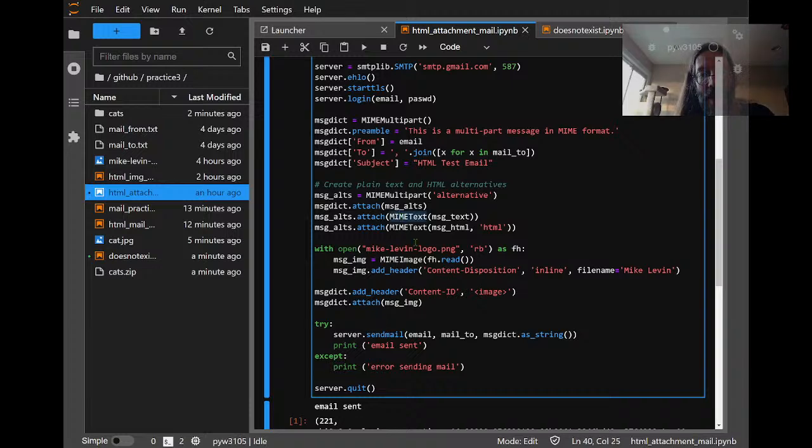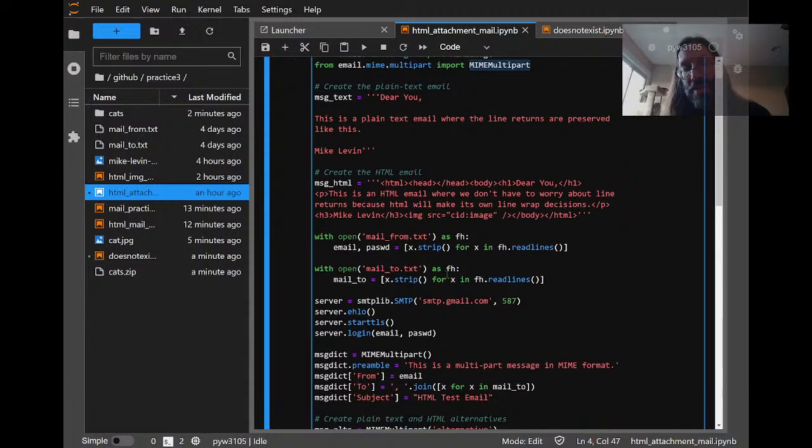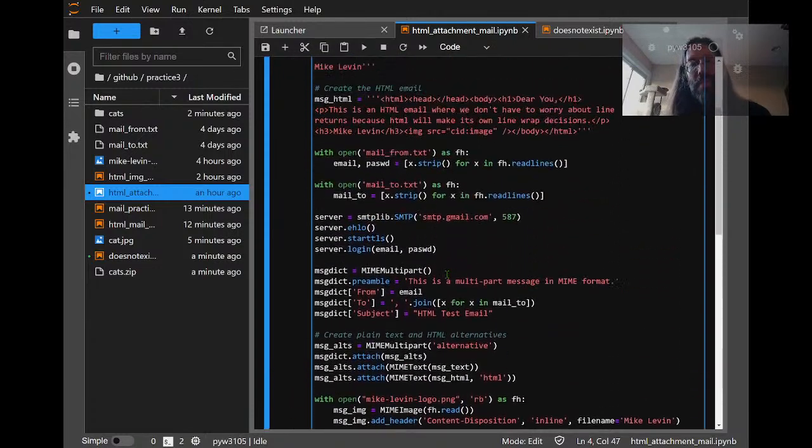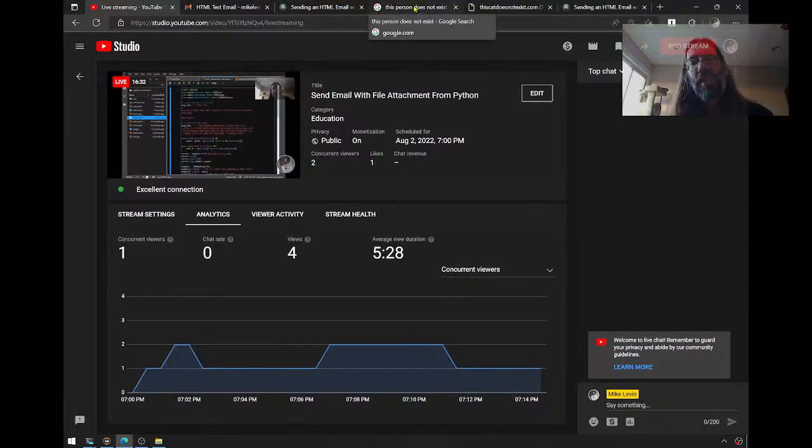You see all this MIME text and different MIME things, MIME image, MIME multipart. I spared you sitting through me figuring all that stuff out, because it was a lot of just poking around and experimenting. And it just moved it from the bare bones version of the program to the supporting HTML email